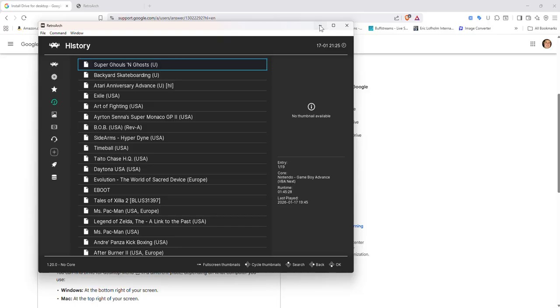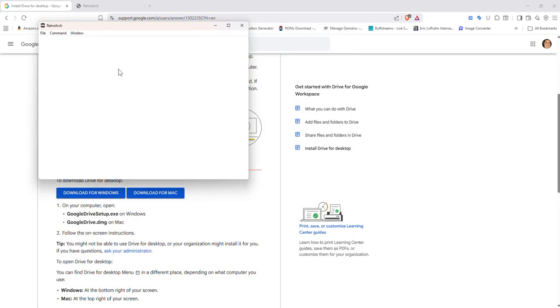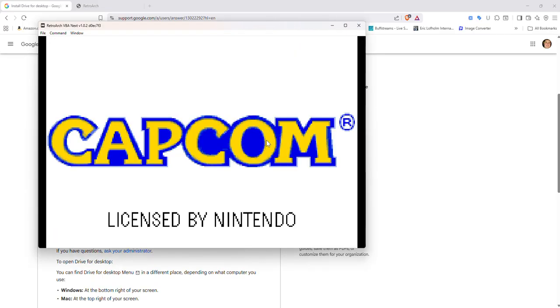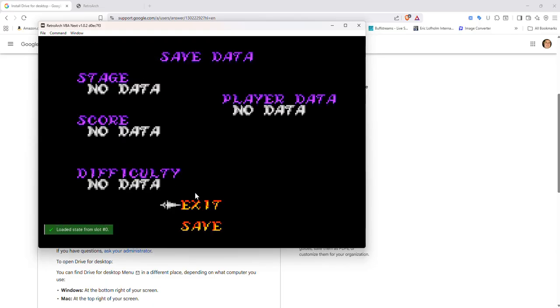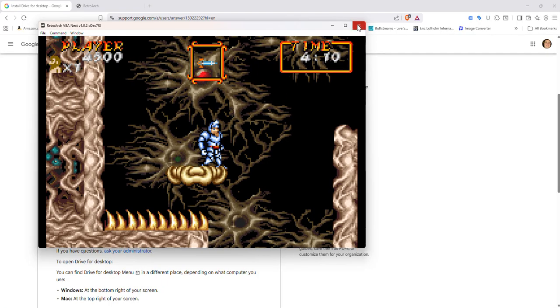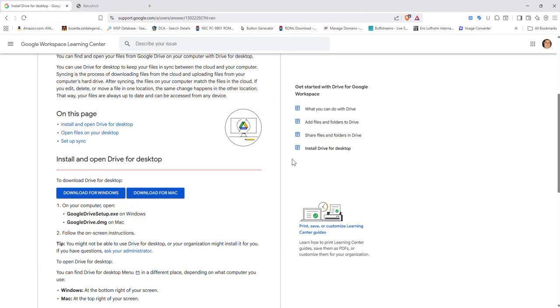So that's how you do it on the PC here. So like let's say I run this one, and then command load state, and you can see where I'm at. So you want to do that on all your